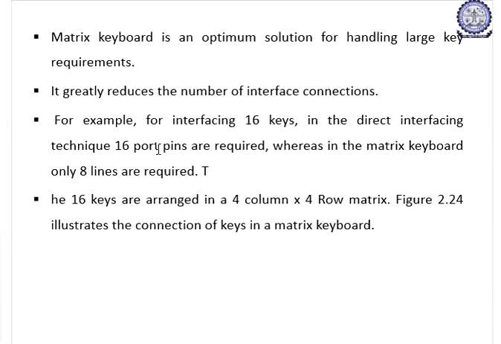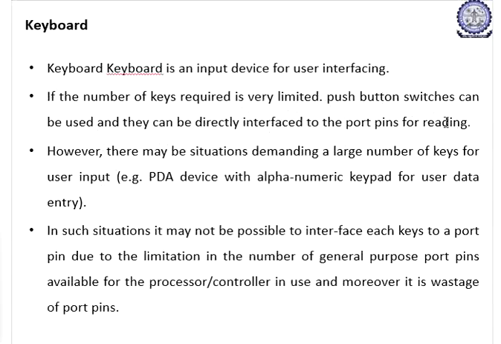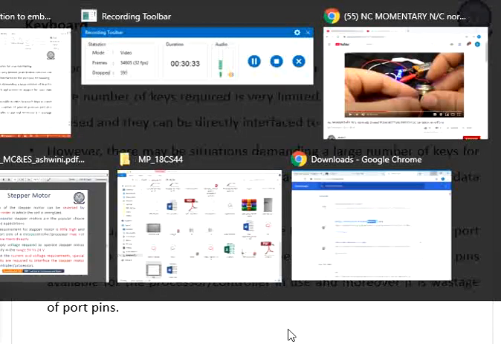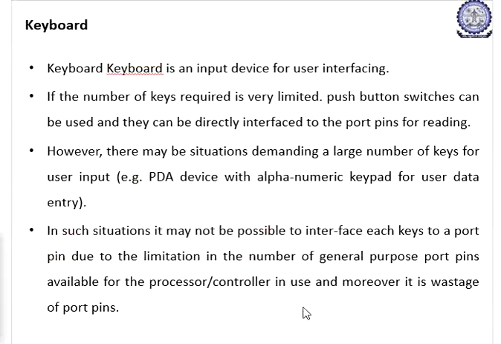Here the push button switches can be used for pressing each and every key. There are 4 by 4 keys, and each key generates an alphanumeric keypad character. Usually in our program we have generated 0 to F: 0 to 9, which are numeric characters, and alpha characters A, B, C, D, E, F, because of hexadecimal values. Each time you press a key, the port will be activated according to the GPIO pins of the processor or controller that are used.